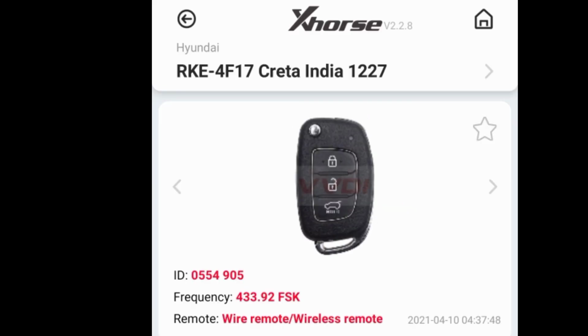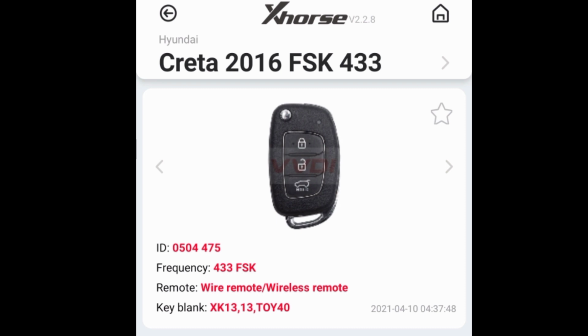To use the XOS remotes for this particular Creta 2018 model, we can generate the remote as RKE 4F17 Creta India 1227 with 433.92 frequency with the help of wire remote or wireless remote. And we may also generate the remote as Creta 2016 FSK 433 MHz frequency with the help of wire or wireless remote by using XOS remotes.